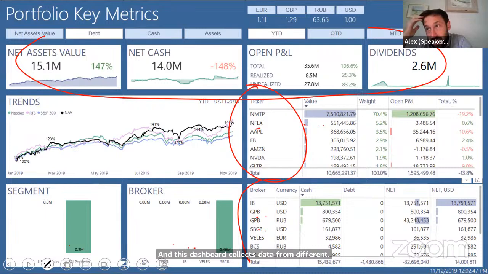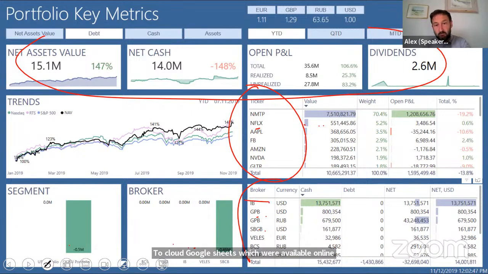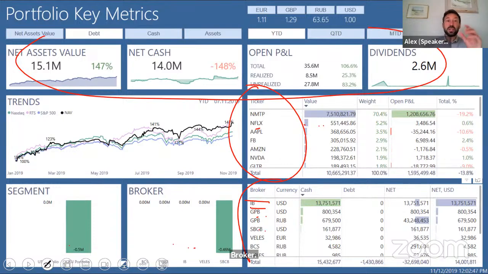So in this project, what we actually did was transform their data flows from standalone Excel spreadsheets to cloud Google Sheets, which were available online, and when a broker closes any transaction operation, this dashboard shows in real time the final result for the portfolio.